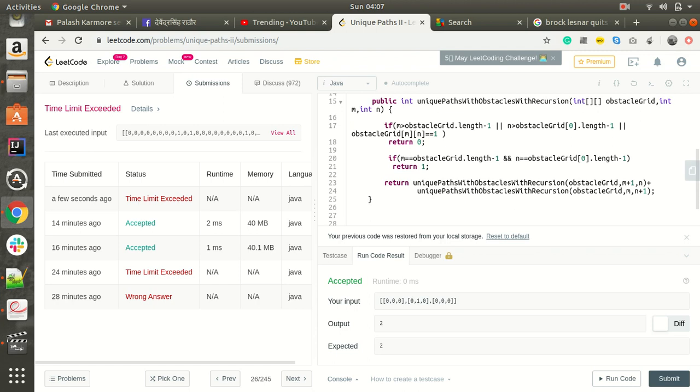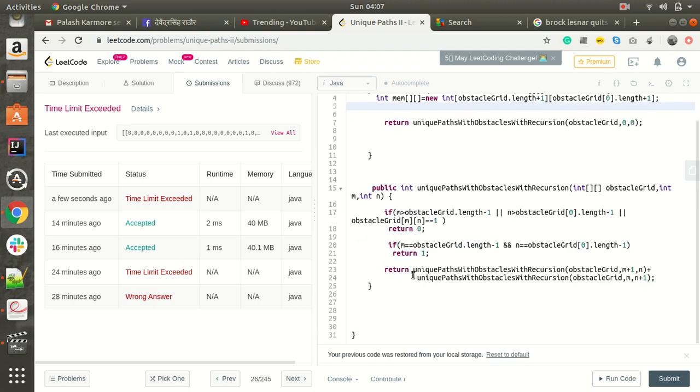If you just compute the recurrence tree for it, you will be able to find out that most of the calculations are getting repeated again and again. So in order to avoid that, we are storing the result. Whenever this part is calculated, it will get stored, and in the successive recursive calls to the same thing, it will return the value which is stored in the array.